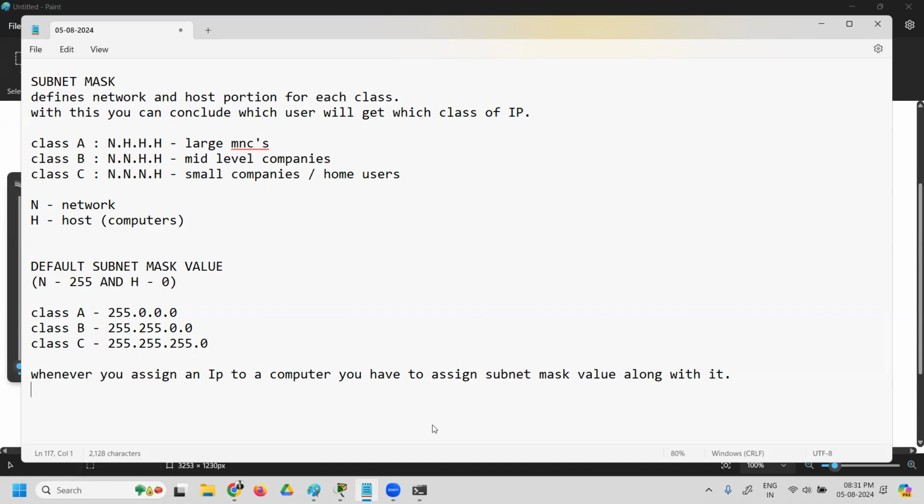You cannot separate them. If you don't give a subnet mask and only give the IP address, there is no meaning to that IP address. So every time you assign an IP to a computer, it is mandatory that you also give the subnet mask, because the subnet mask gives value to that IP. Only with that subnet mask does the IP have a meaning. If not, the IP will not have any meaning.